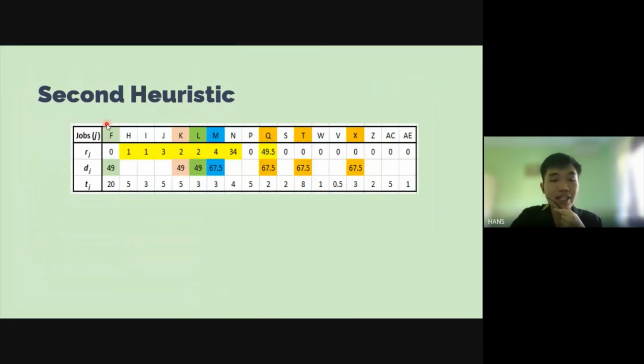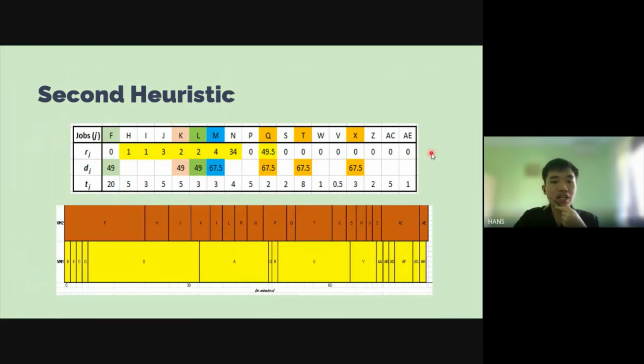We still apply the head, body, and tail algorithm by measuring its release time whenever it is available, as well as the due date time when it needs to be finished within the total time. So the second heuristic algorithm yields this kind of scheduling solution. Indeed, now we can see that the jobs in the VM1 can be finished within